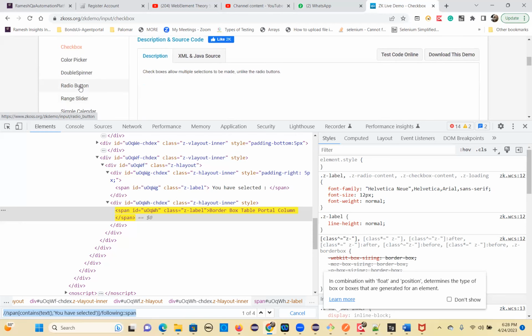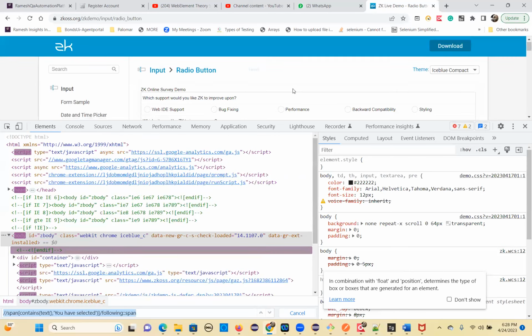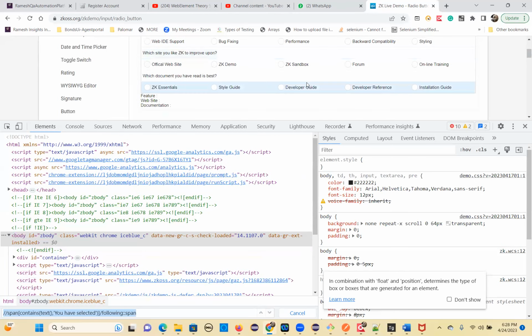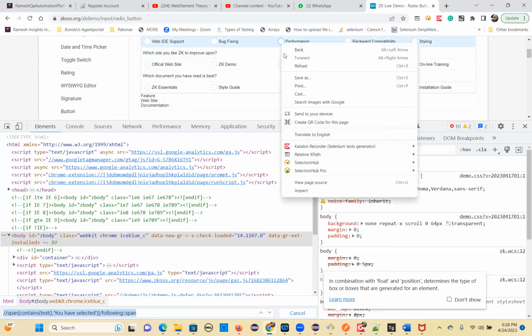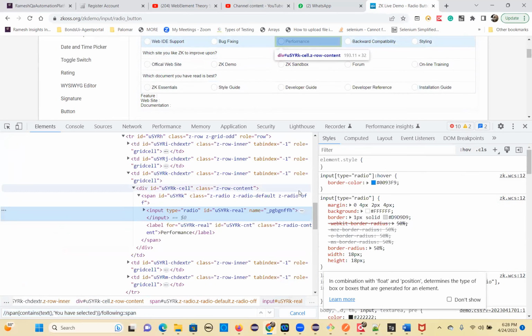So if you go to the radio button, if you see here, this radio button, if you want to identify, it won't help you. ID, name doesn't help you. And how can you recognize? So type you cannot use, radio. Even other attributes also have type radio. So in such cases, you can identify